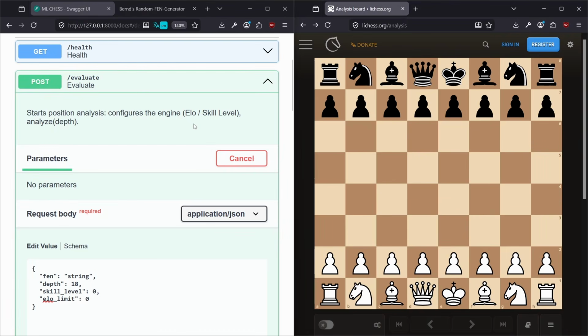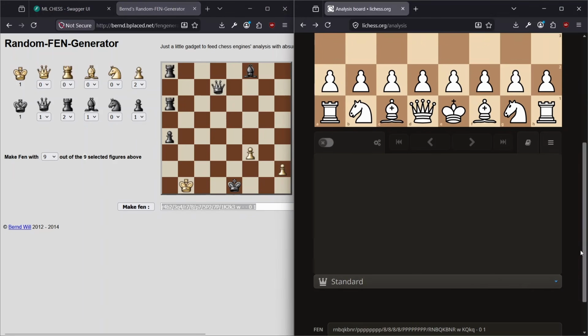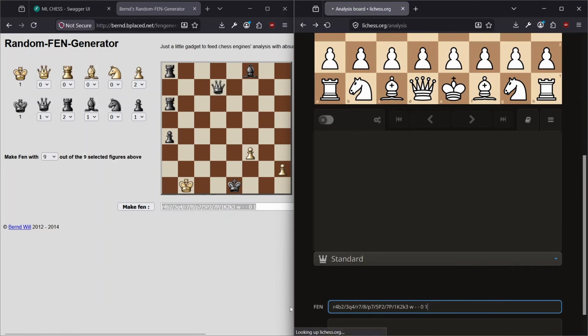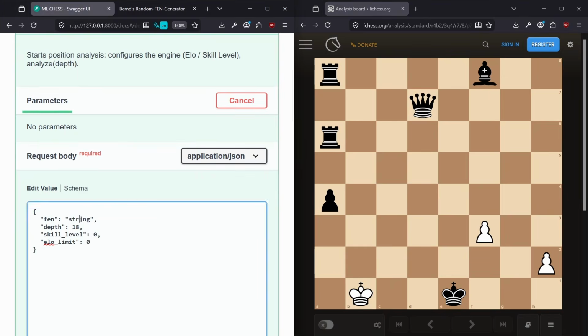Okay, let's see if the evaluate endpoint works. On the right side I have this analysis chessboard from Lichess, and this is a site that generates a random FEN. So let's copy that. Let's paste it here. And as you can see, we have the same position on both chessboards. Now let's send that FEN to our locally hosted